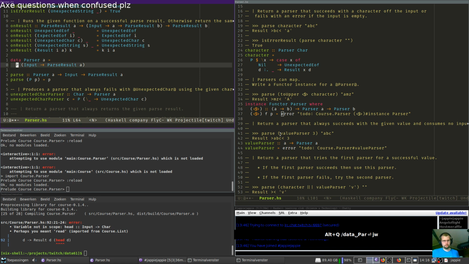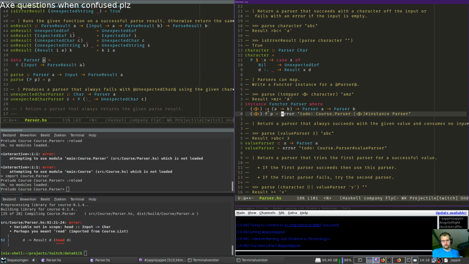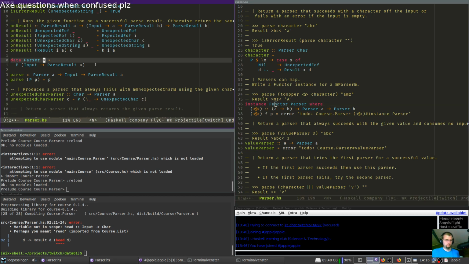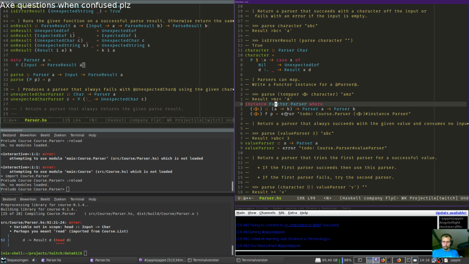Right, so we see the A is in positive position, so that means we're covariant, which means we're a functor. That's some piece of trivia. Not really necessary for doing Haskell. I curse myself with the knowledge of variance.